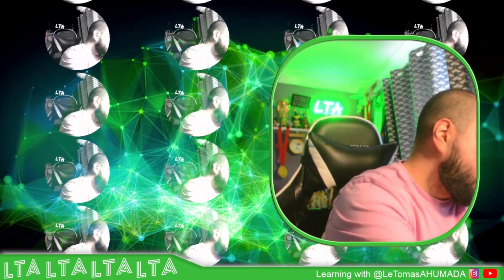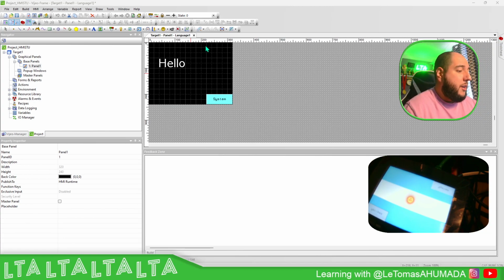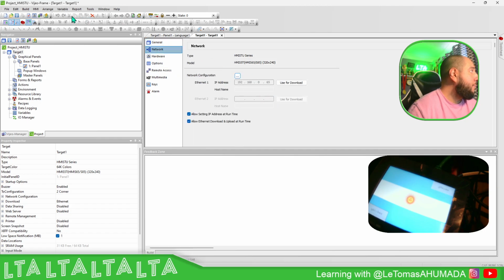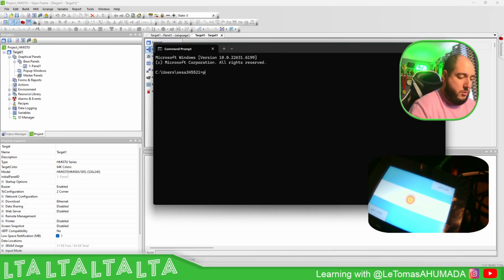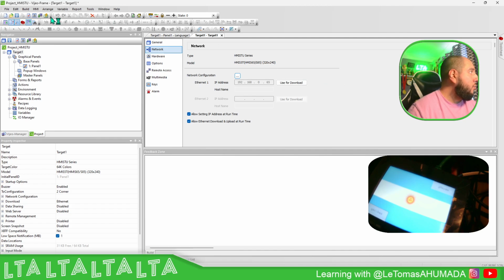Okay, so let's go to the software. For example, here you see Vijeo Designer 6.2, and the HMI has the version 6.3. So if I had the possibility to download this to this HMI, let me just show you that online. This HMI has this IP address, so I'm going to ping 192.168.0.65. Okay, I'm able to ping it, it's working fine. So if I try to download this,